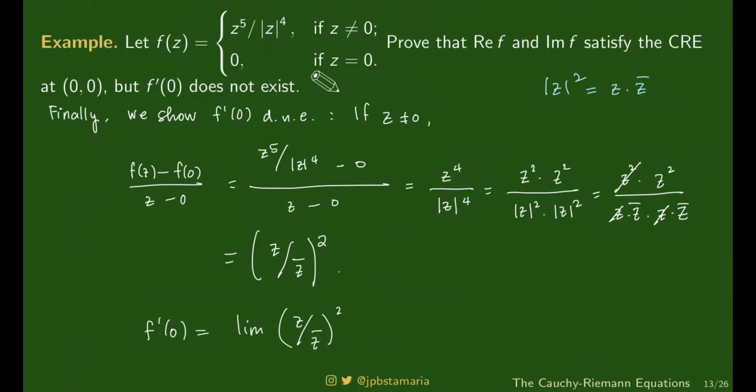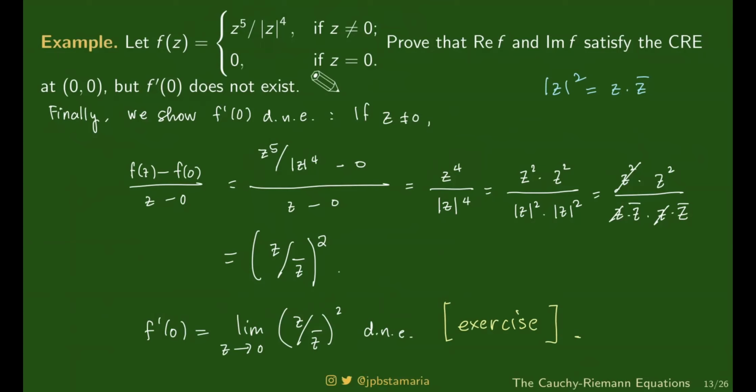Meron tong kamukha kanina. Kaya lang yung proof na ito, iiwanan ko na sa inyo as an exercise. Gayahin yung ginawa ko kanina. Tingnan niyo how do we show. Kasi in fact, kamukha na ito yung kanina, yung kanina lang z bar over z. I think we're looking at z bar over z in the previous example. No? This time, it's z over z bar quantity squared. So, I want you to show that this limit does not exist to complete the proof.